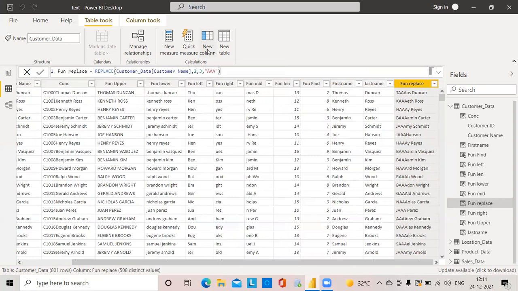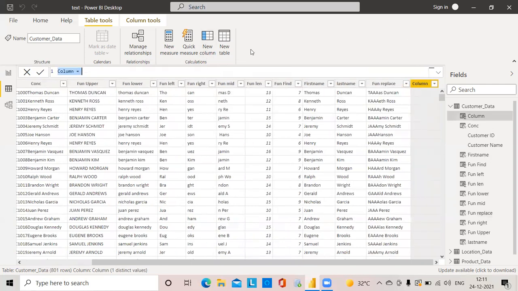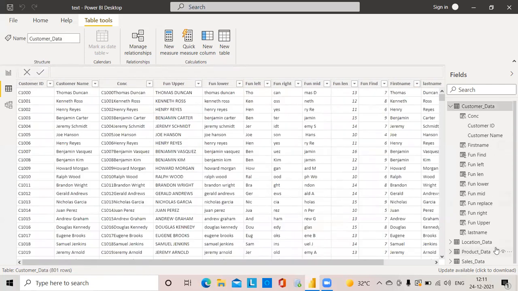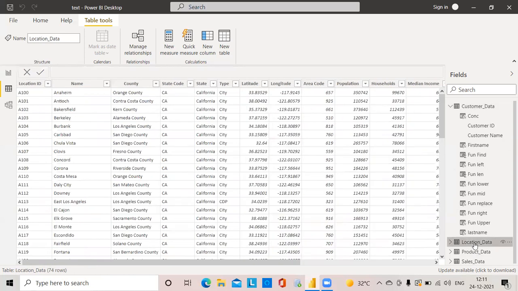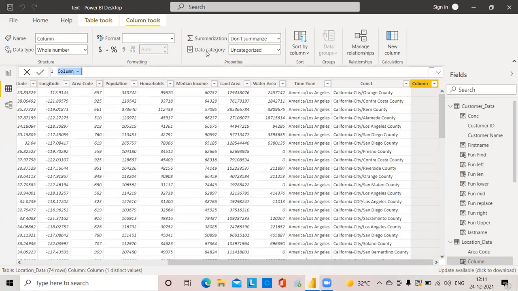Again, we will move with the next function. A new column I will take. In this, I will move with location data. The next function is the substitute function. I am going to location data. Here, substitute function. So I will create a new column here.